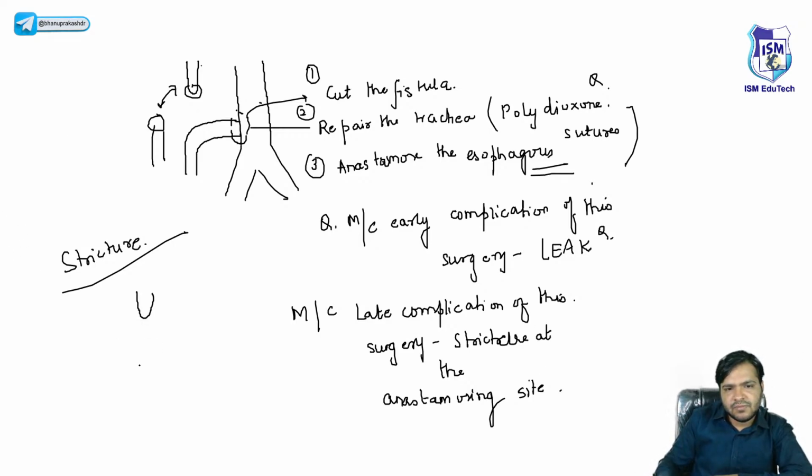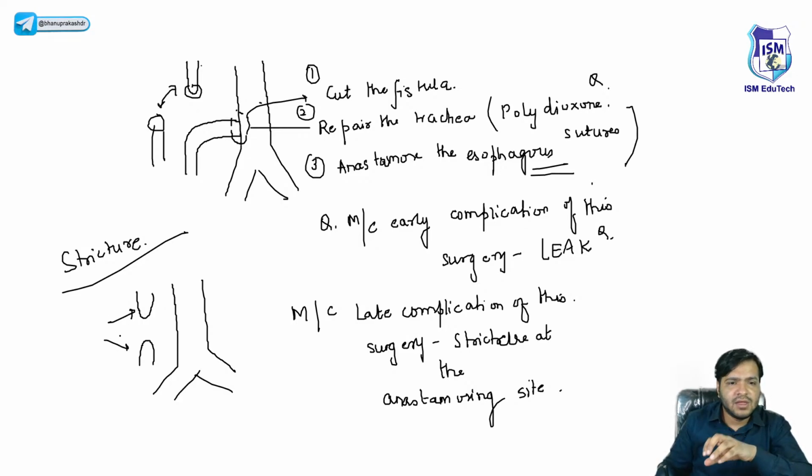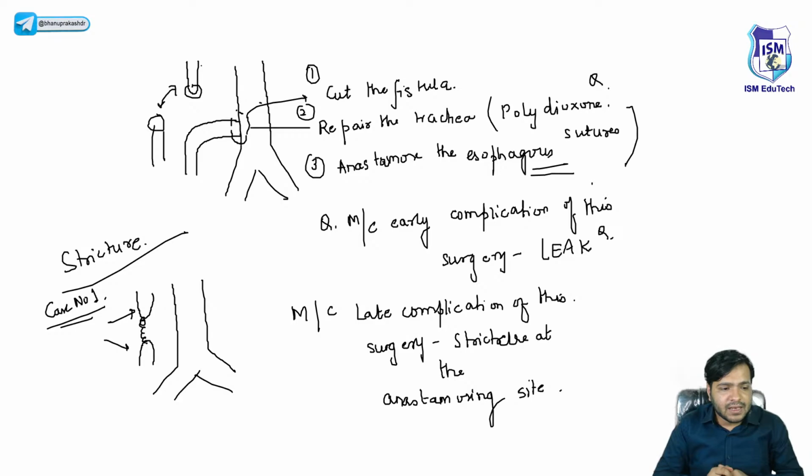Now again बेटा, अगर यहाँ पे केस ले लो, देखो for example ये वाली सिचुएशन है. You already know that we have two ends of the esophagus. So the case number one, if the two ends of the esophagus are close to each other, we anastomose them directly, ठीक है? But अब now second case that I wanted to discuss with you, एक केस ये भी हो सकता है बेटा,